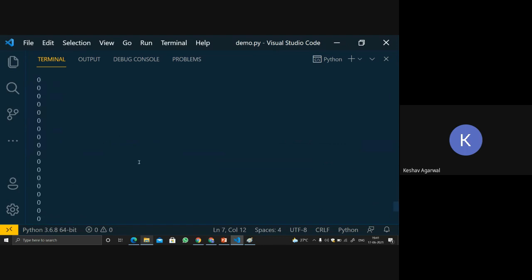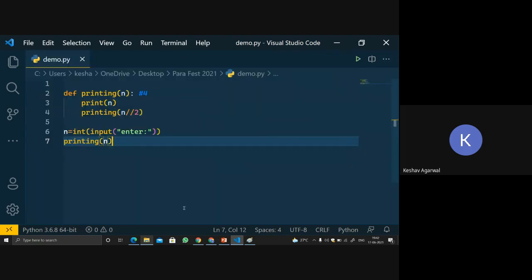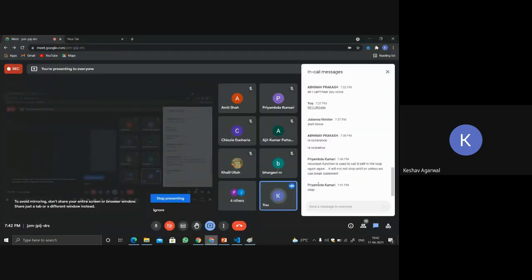See, it is going on executing 0 and 0. It will keep on doing that until and unless my browser crashes, until my RAM crashes, because we have not provided any termination condition. Or we can use break, I'm not saying that we cannot, but break won't do over here because break is used to go out of a for loop, not of a function. So over here the break statement will not do anything.